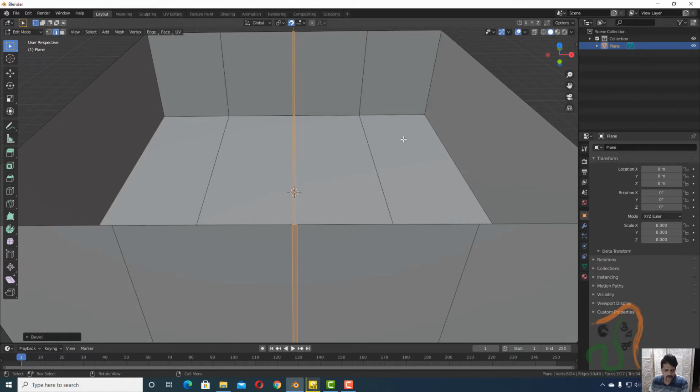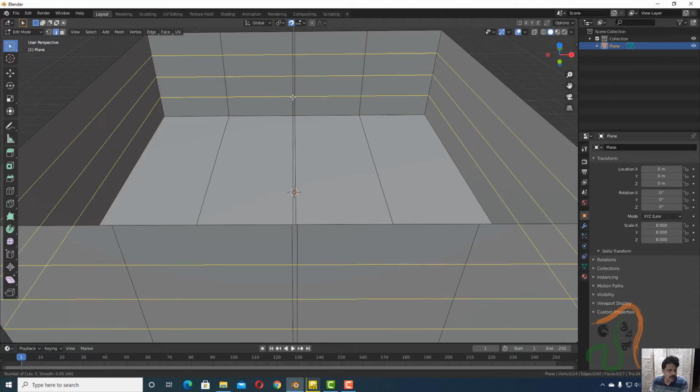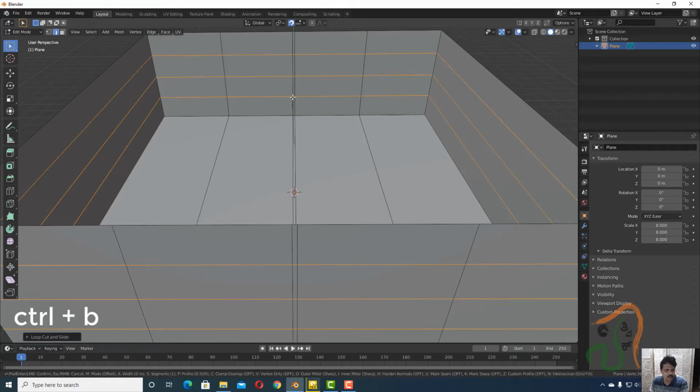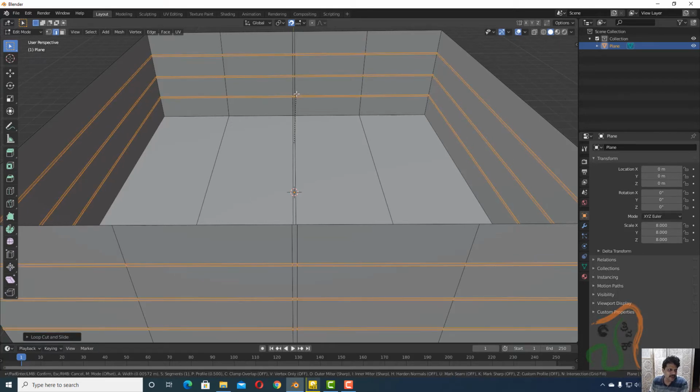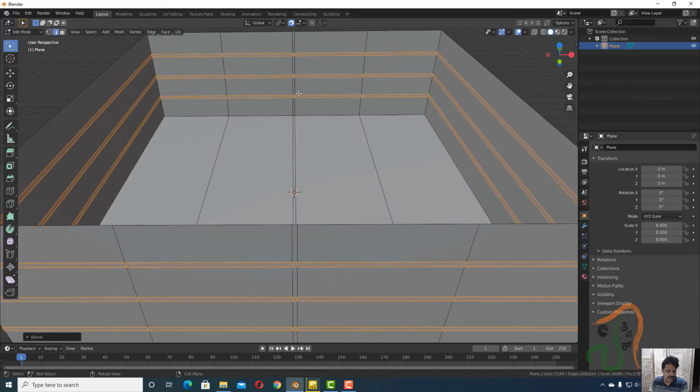Now again press Alt A to deselect everything, and again press Ctrl R, and add a loop in this direction and roll the mouse once. Ctrl R, roll the mouse, and now add 3 edges and click twice to fix the position. Then press Ctrl B and just drag it a little to add a slight bevel like this. Okay, we have added the bevel.